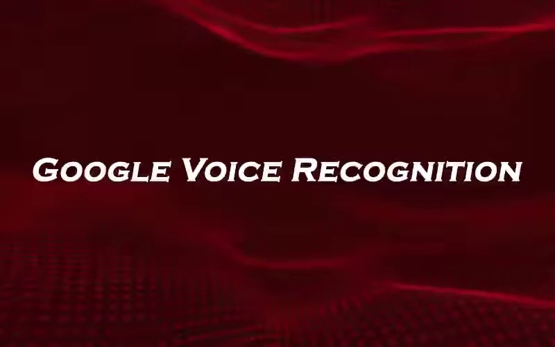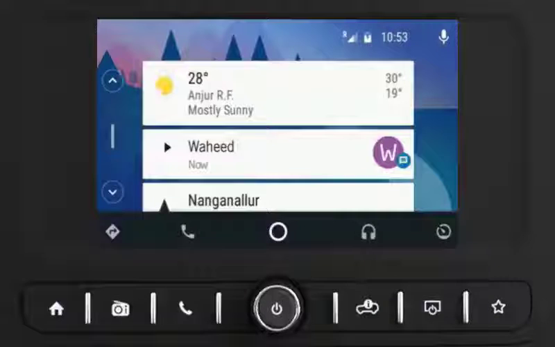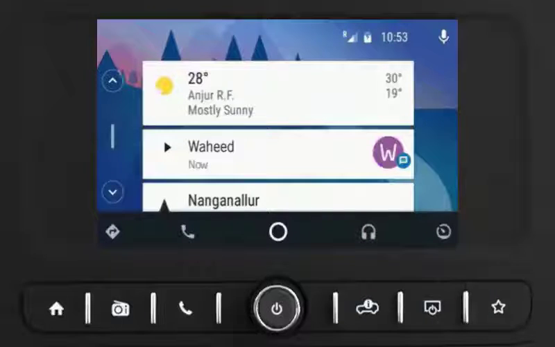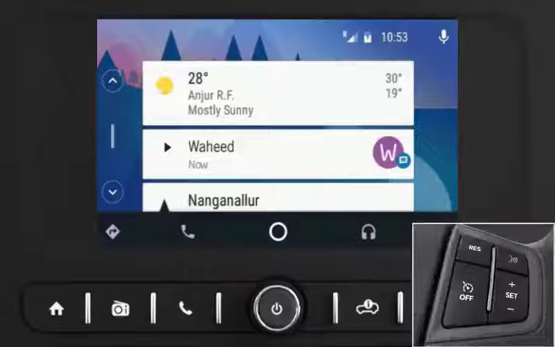Google Voice Recognition. Users can enter Google Voice Recognition in any of the following modes. Touching the microphone icon, pressing the push to talk button on the steering wheel switch for more than 2 seconds, or by saying,